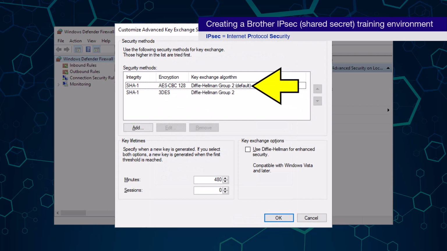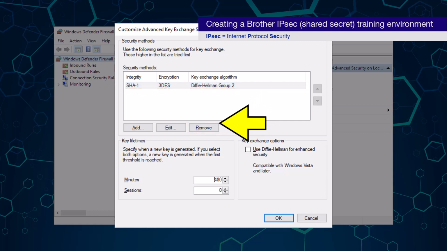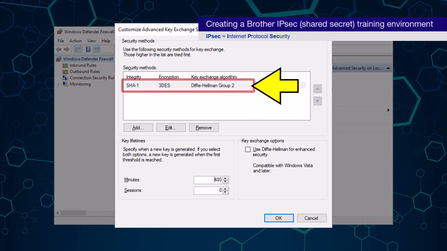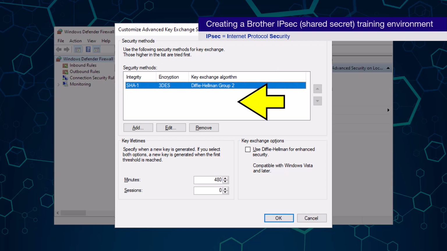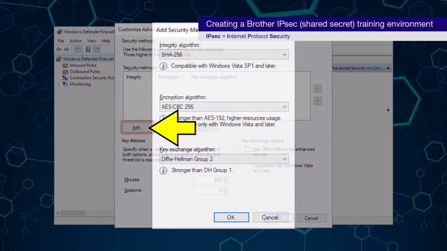I am going to remove both of these default security methods, so that I can create a new one by clicking the Add button.